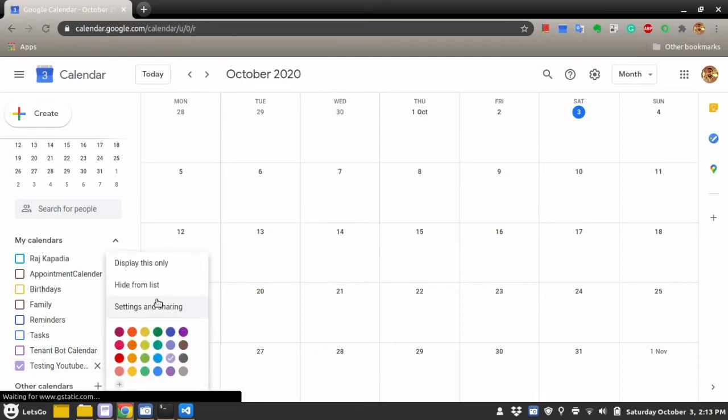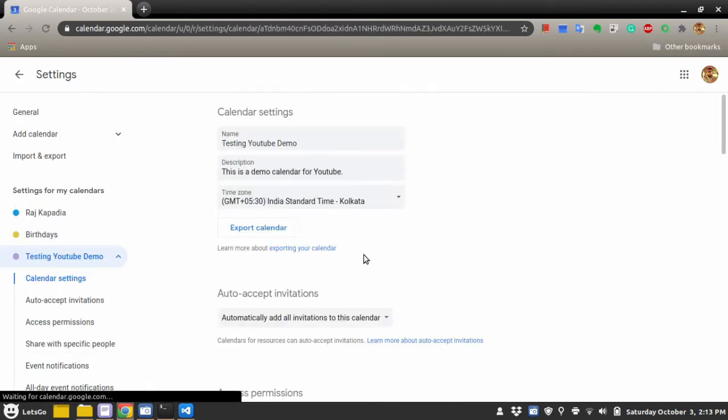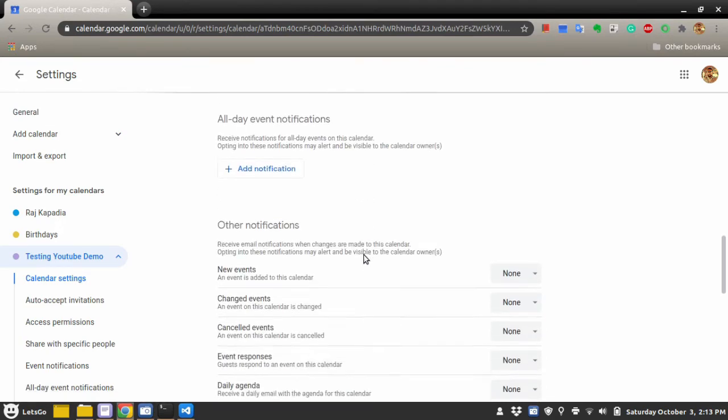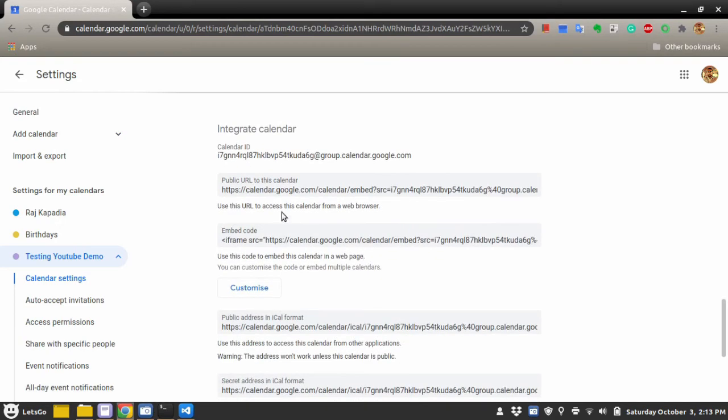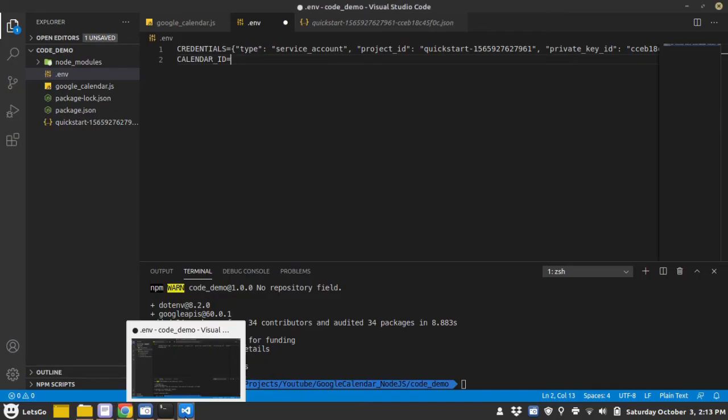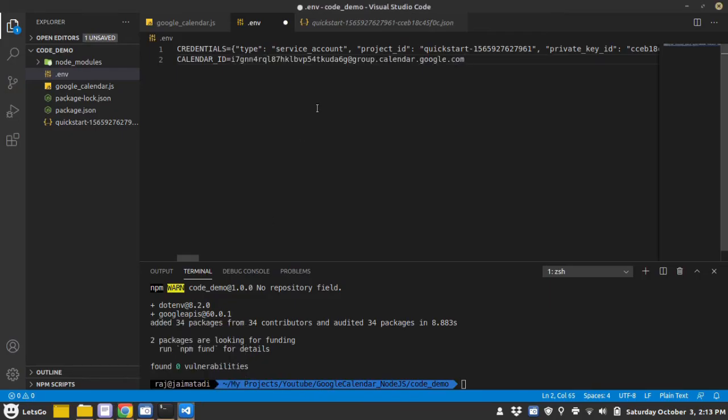Go to settings of that calendar, and when you scroll down, you will see an integrate section, and inside that integrate section you will find a calendar ID. So copy that calendar ID and paste it here. So these are the two confidential parameters that we will require.